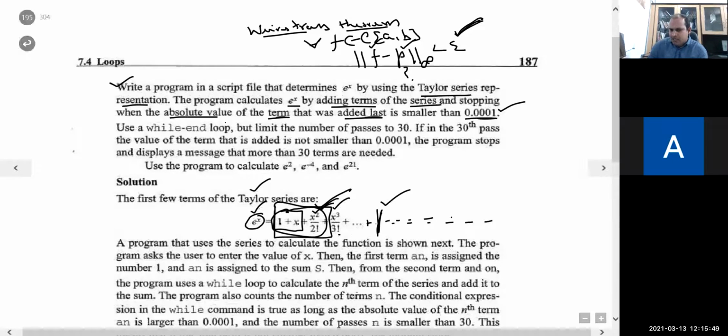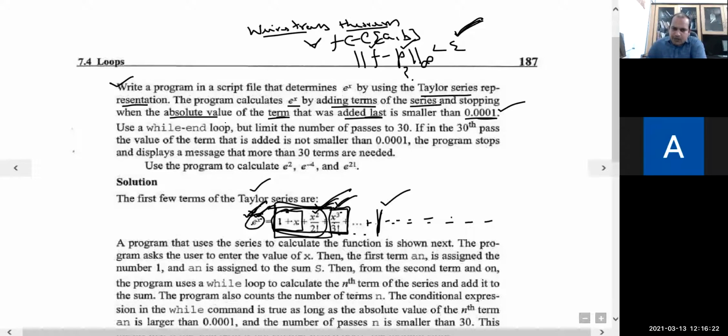as you increase the number of terms, let us add more terms to it. The exact value of e to the power x is this one, and if we approximate up to 4 terms, then this one is basically the approximate value of e to the power x up to 4 terms. So as you increase the number of terms, you will be closer to the exact value.